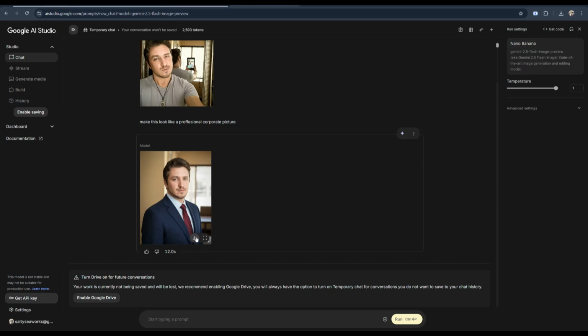And that's it. With Google AI Studio, you can turn any selfie into a professional-looking headshot in just a few